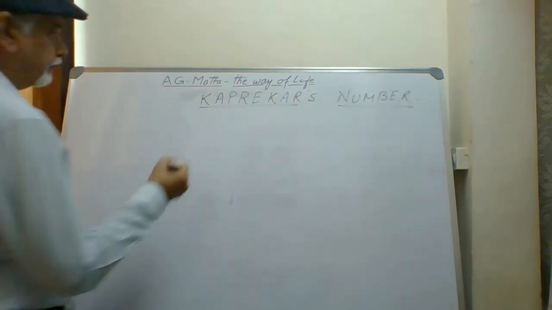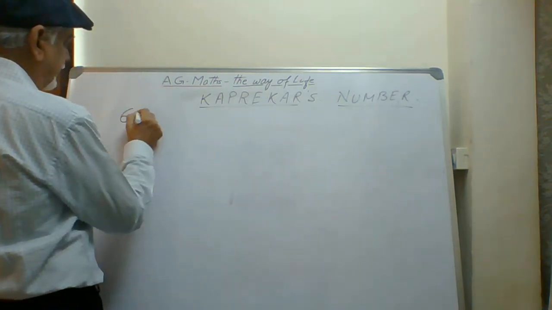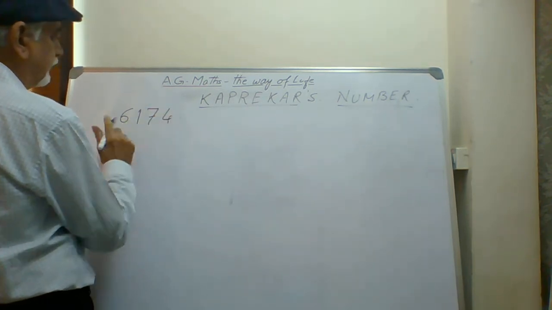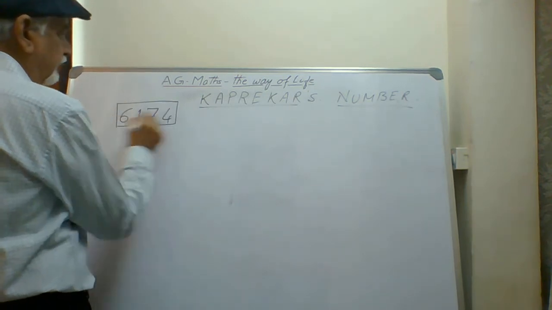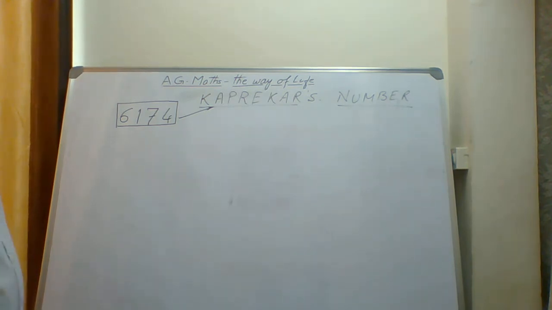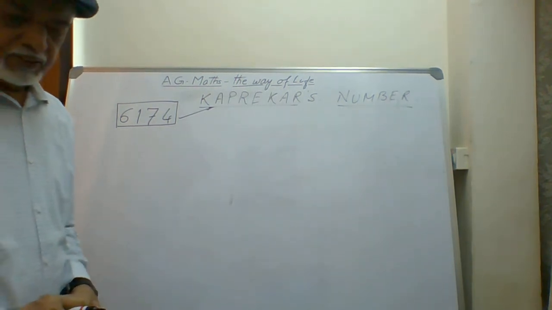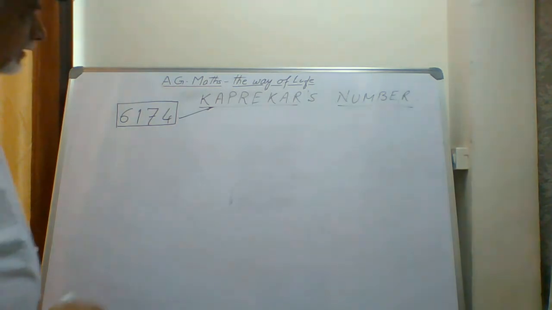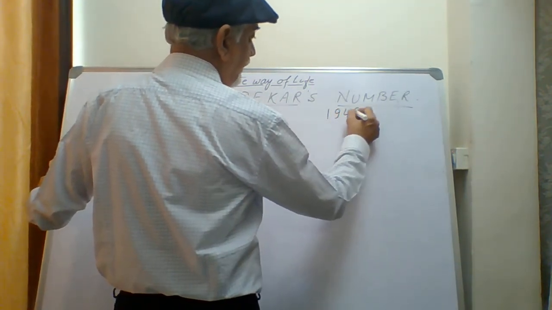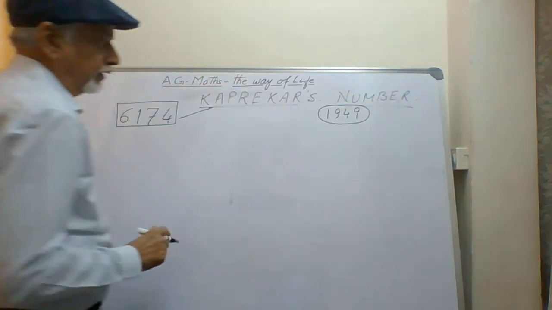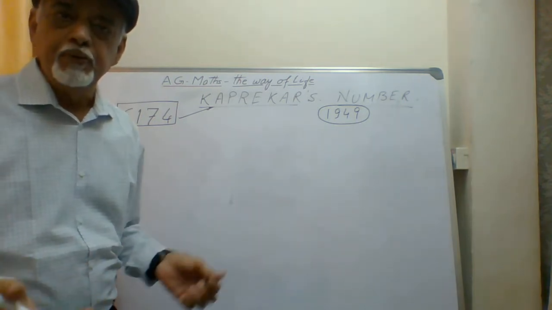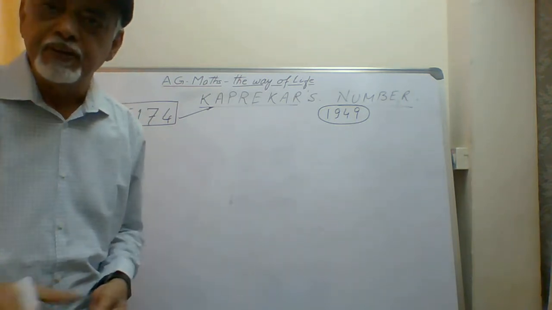That is what we are going to talk about now. There is a particular number which is 6174. This number is called Kaprekar's number. Why is it called Kaprekar's number? Because there is a speciality about it. This number was discovered by Kaprekar in the year 1949, when I was born. It is not very late or very early. It was done very recently. Still people do not remember it and we do not talk about it.